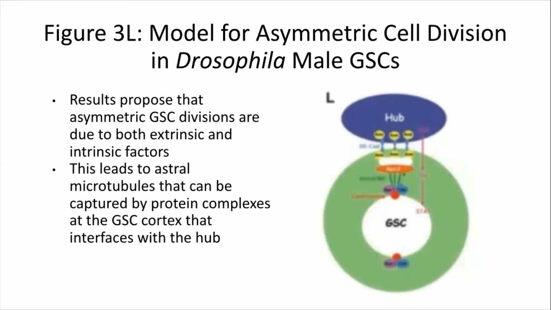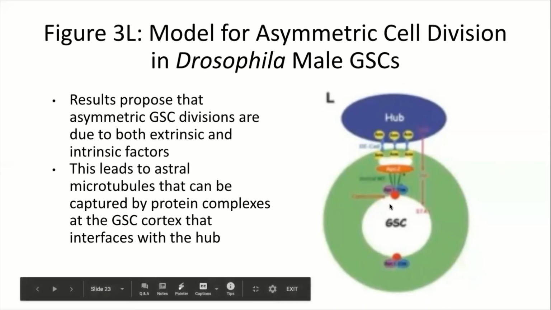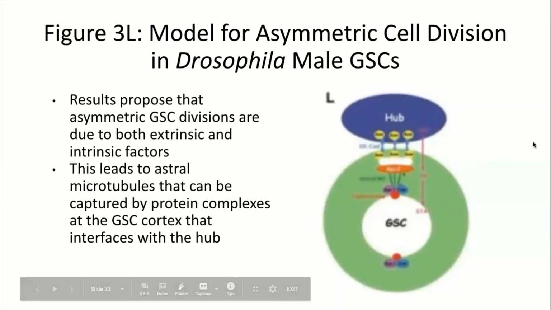Now in Figure 3L, it shows a very detailed model for asymmetric cell division in Drosophila male GSCs. As you can see right here, there's the hub. It's a little blurry, but here's the armadillo and the DE-cadherin orienting with APC2 along GSC and properly orienting the